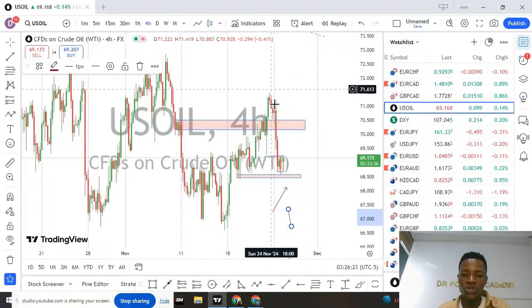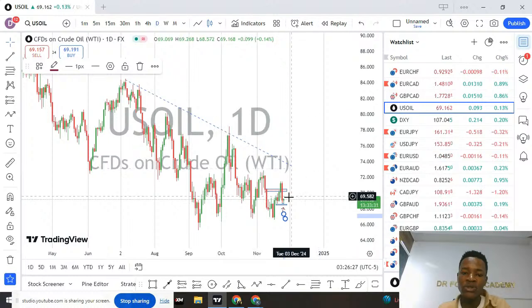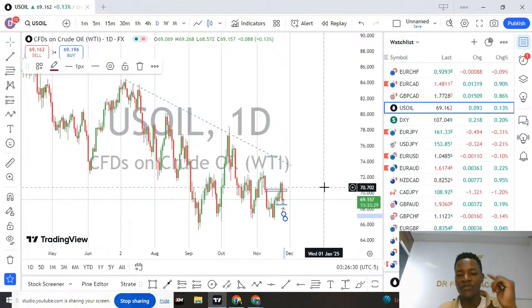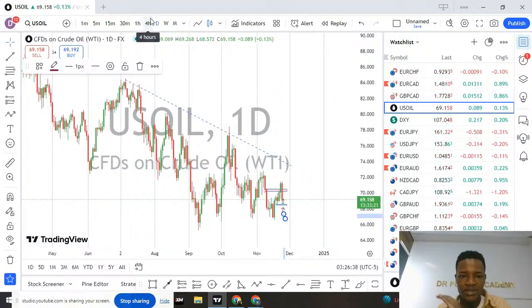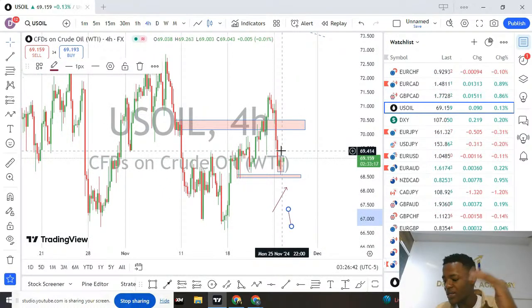Unfortunately, the market dropped, and now we can see yesterday's close is below the previous day, which was the other Friday, indicating that this market has a bearish movement and very bearish momentum. So I won't trade this oil again today. I won't give buys on it until I have a clear direction of where the market is heading to.